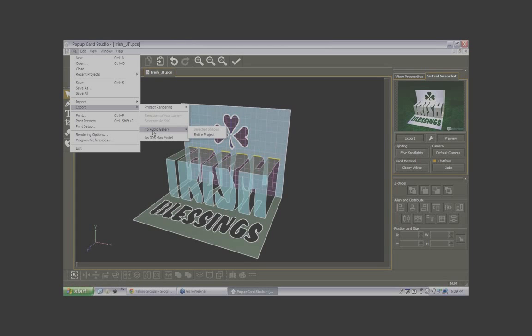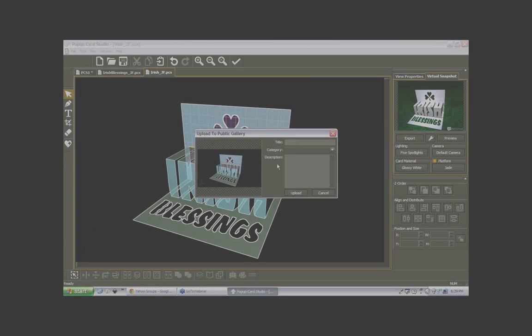You know what? I could put this in the Public Gallery, and I could put the entire project there, and give it a name. I'll call this Irish Blessings. I'll call this holidays here, and